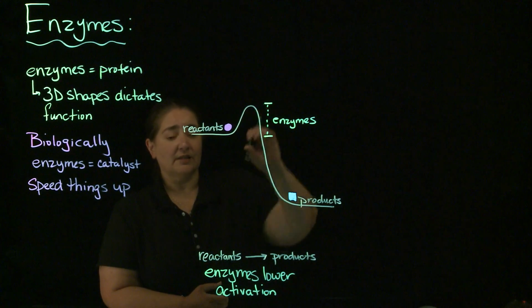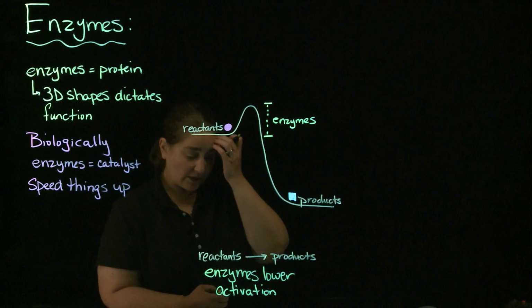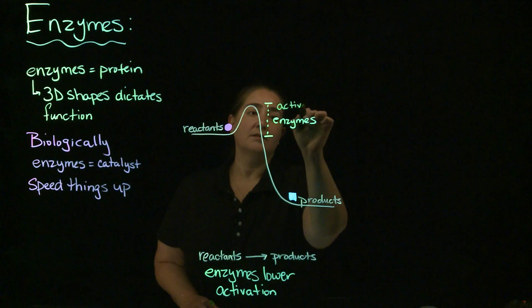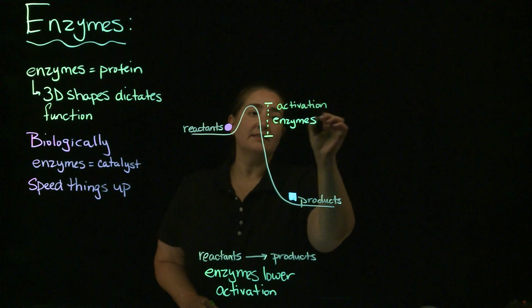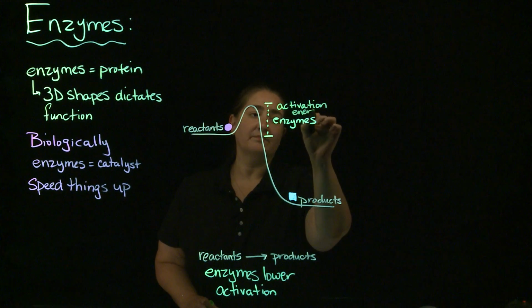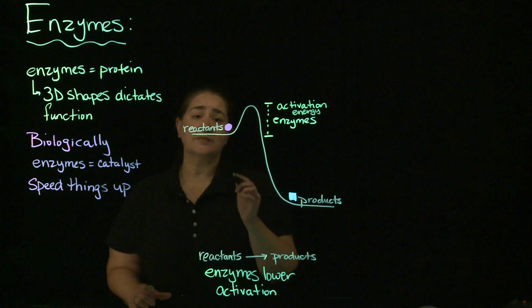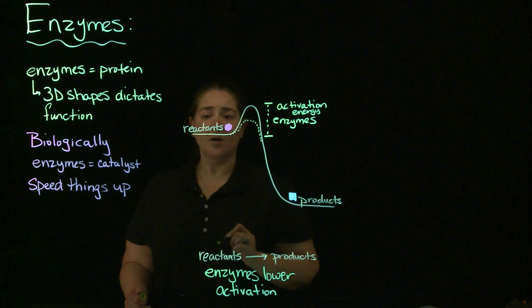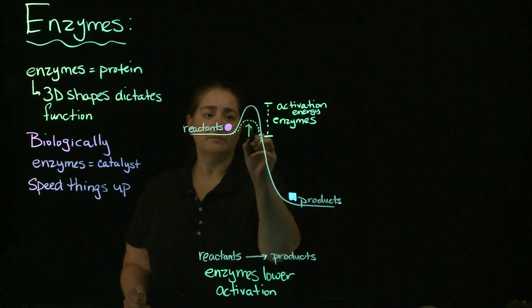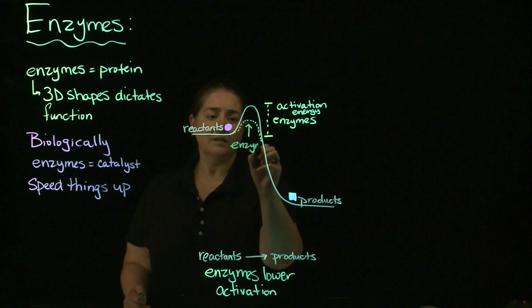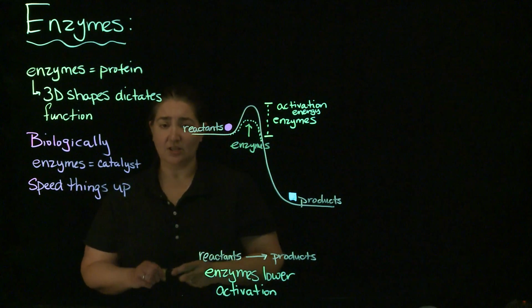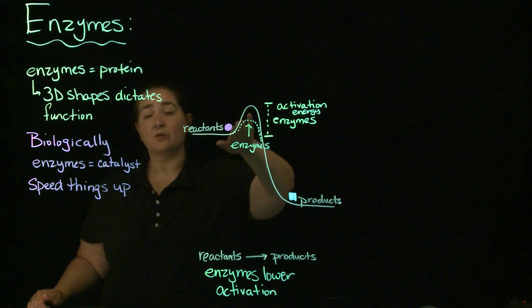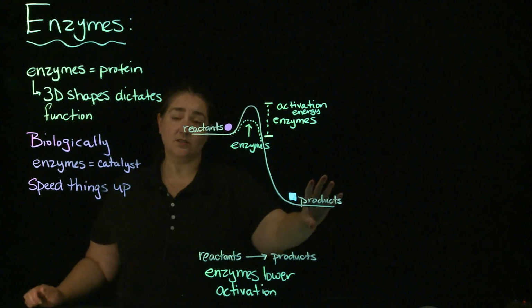So that little bit in green in here that I've got, this is the activation energy. And what enzymes can do is they make that hump smaller. So they lower the activation energy, so it takes less effort for the chemical reaction to go from reactants to